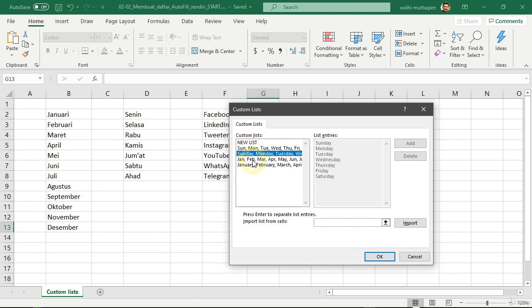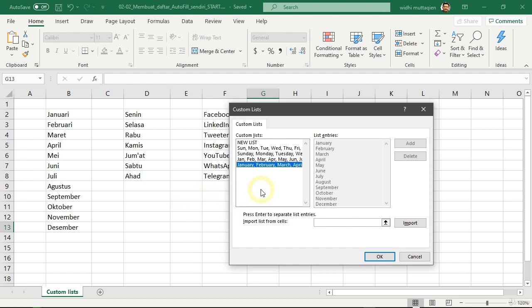Also, the names of the months in the short version, as well as the long version. Everything is in English. To create a new list, we can use one of two methods. First, using the manual method, that is, by typing everything in this window one by one. Or the second method, that is, by picking from existing data that we have created before.